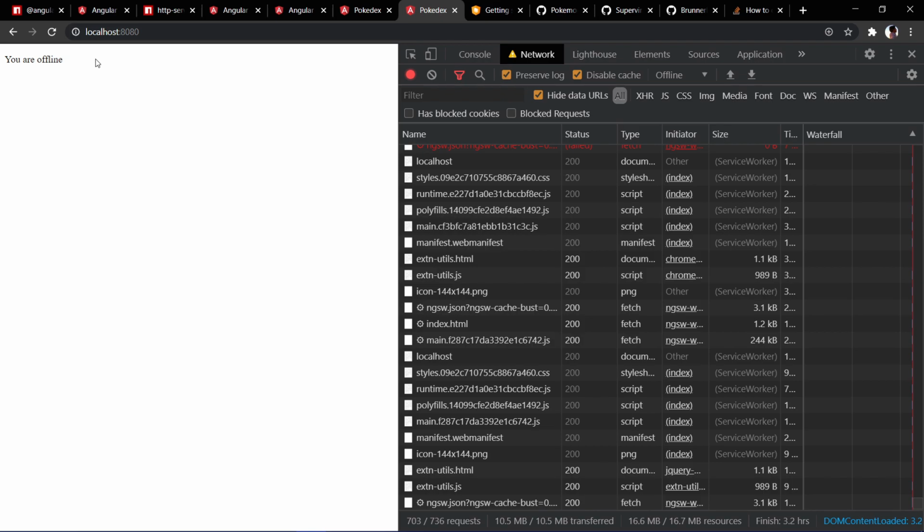That is because we have an event listener attached to it, which checks if your application is online or offline, and automatically redirects you to a specific component. So now if I go online, cool, you have "Pokédex works". So this is how you'll be able to work in an online and offline environment using the PWA feature. And this was possible because your index.html is cached. That's the reason your component is loading and everything is working as usual, and your Angular is able to determine what event is happening and execute all these different things, because all of this has been cached.